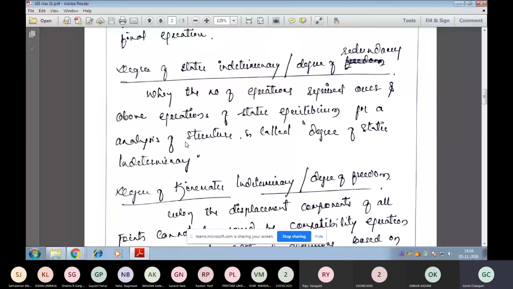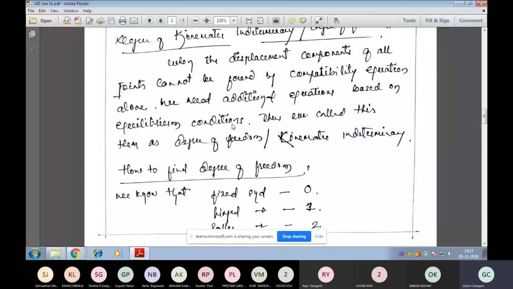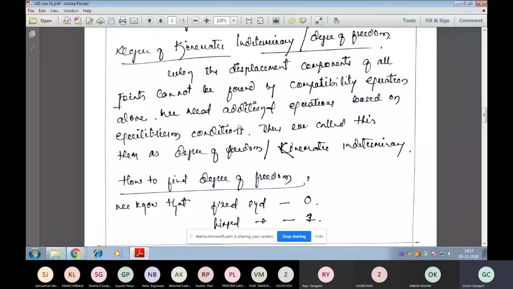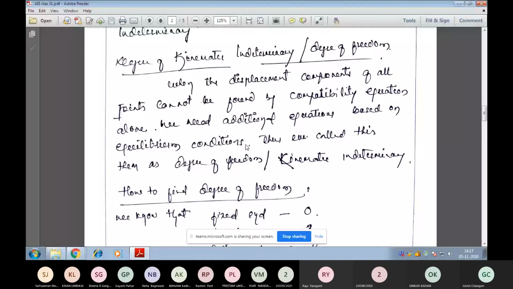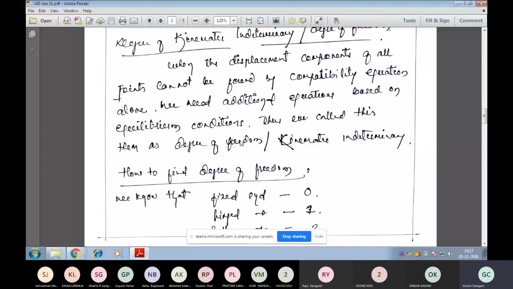Similarly, coming to the degree of kinematic indeterminacy, which we also call the degree of freedom. They may ask 2 marks questions: explain degree of redundancy, explain degree of freedom, define degree of freedom, define kinematic indeterminacy. They may ask any questions like this. So, simple terms: here static means the number of unknowns. Similarly, when we come to kinematic indeterminacy, I think you already know, we learned in the last semester the term degree of freedom, and you have heard that.